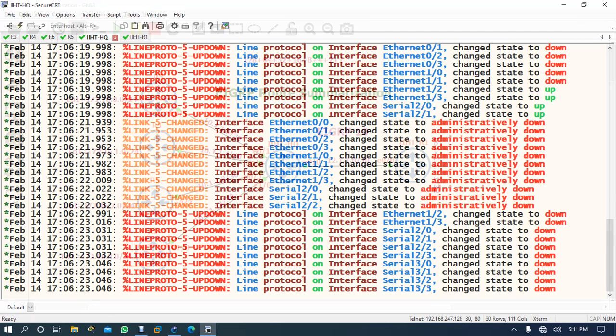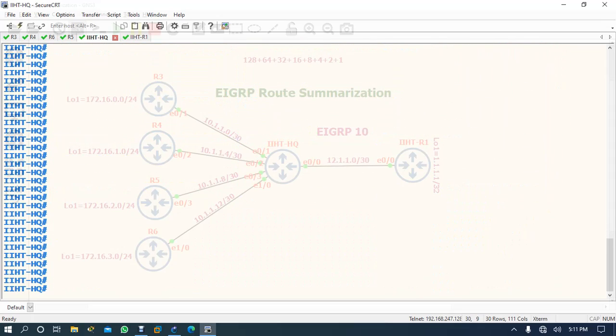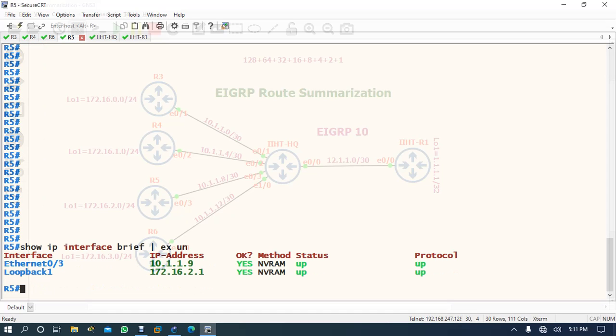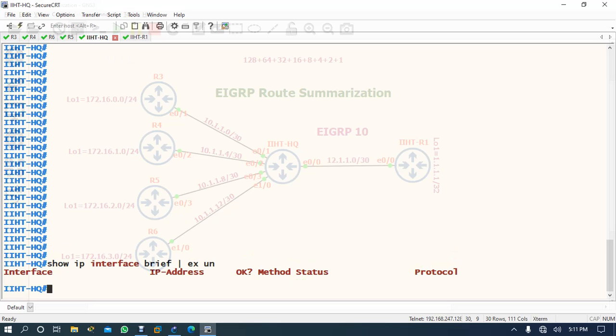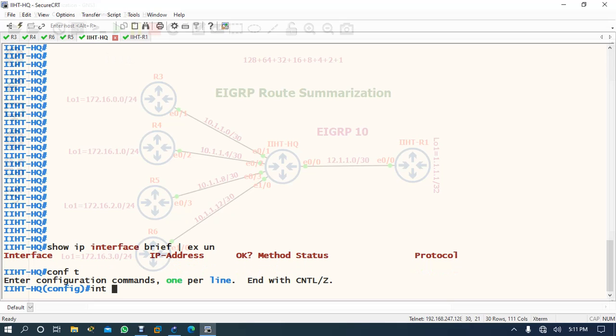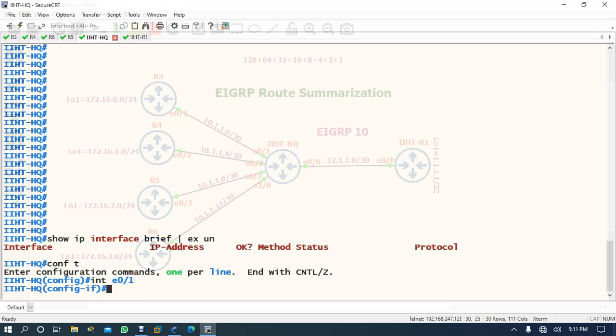Okay, here also IP is already configured. Okay, headquarter router. So the headquarter router IP is not configured. So let's come here to the headquarter router, interface E0/1, IP address 10.1.1.2.